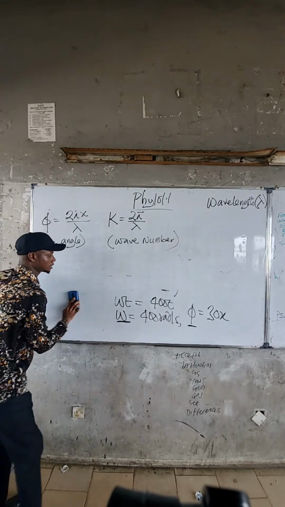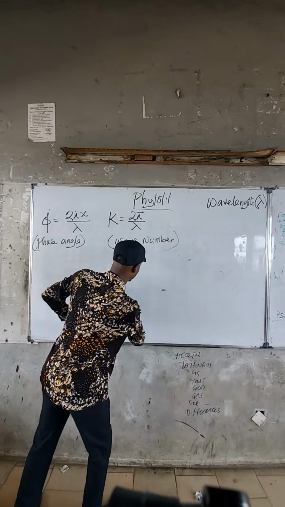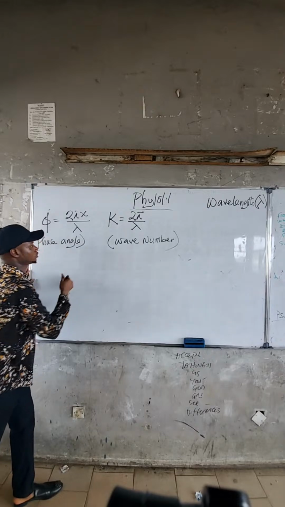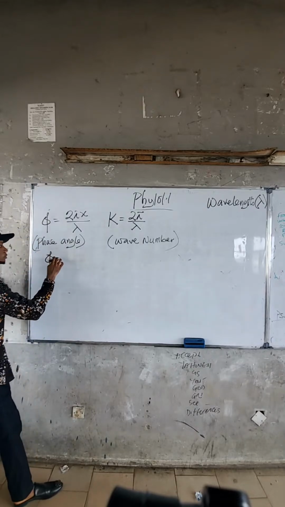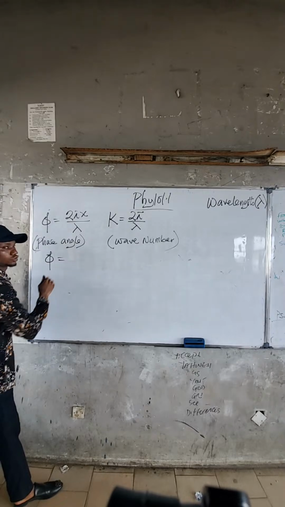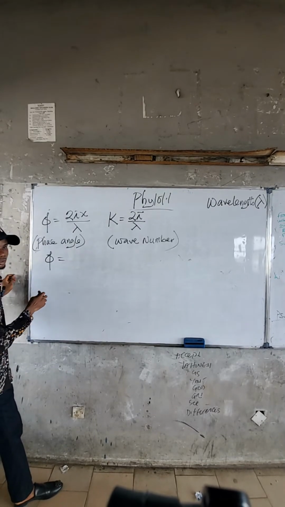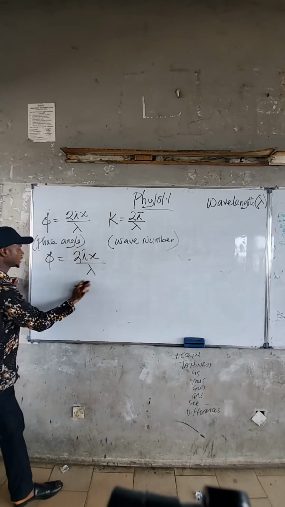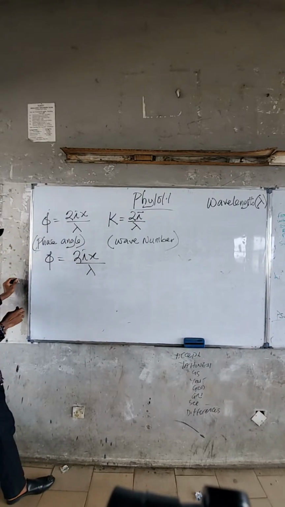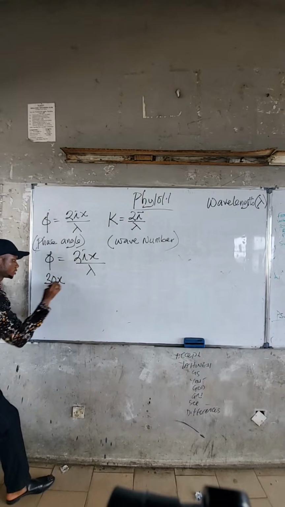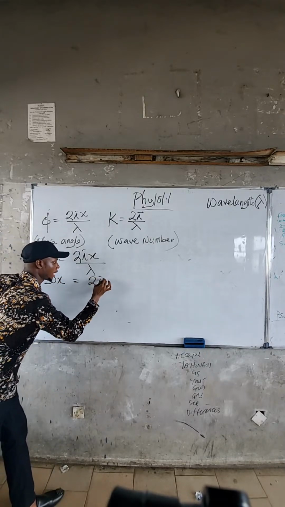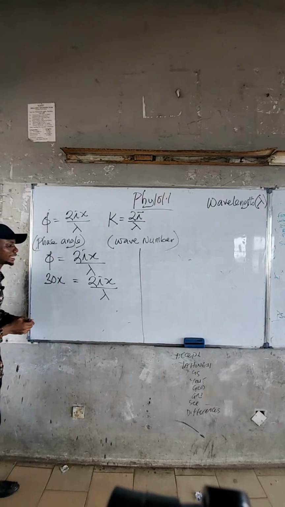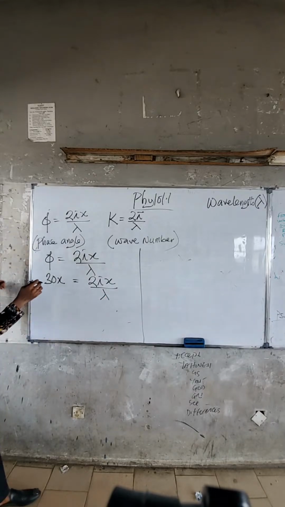In solving this, class, I will replace the value of my phase angle, which is this one here. I'm not asked to find the wave number. So this phase angle here is 2 pi s over lambda. Let's replace. What's my phase angle here? It's 30s, which is equal to 2 pi s over lambda. But my intention here is to make lambda the subject. Making lambda the subject here, our lambda